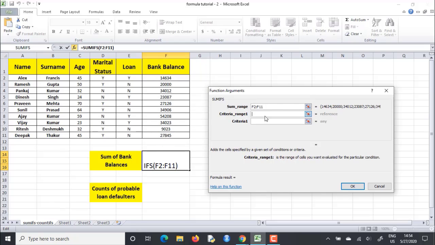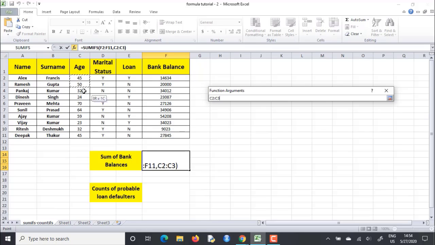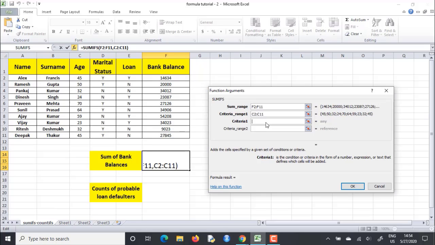The criteria range 1 is my age, that is from C2 to C11, and the criteria would be greater than 35, since I want all the persons greater than 35.